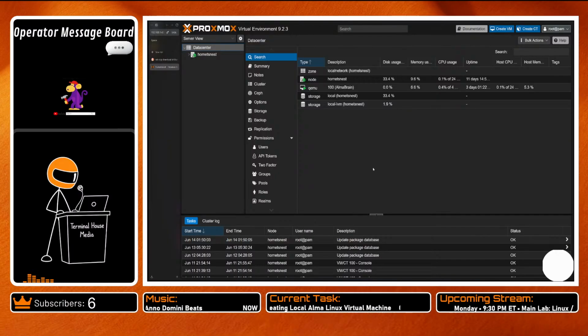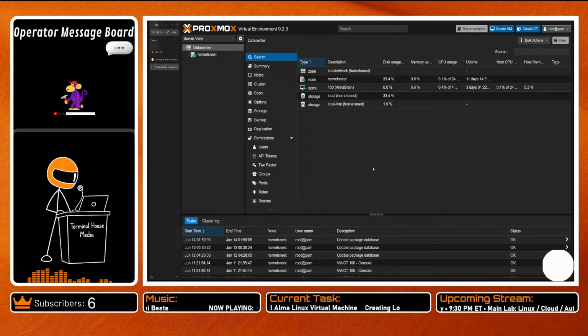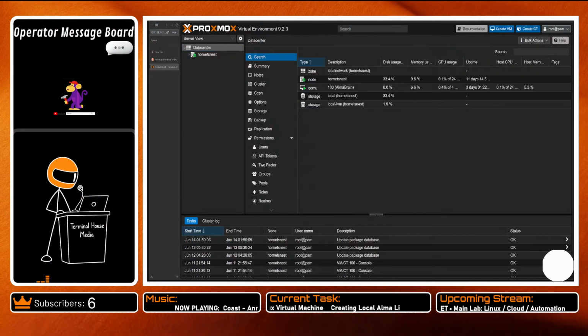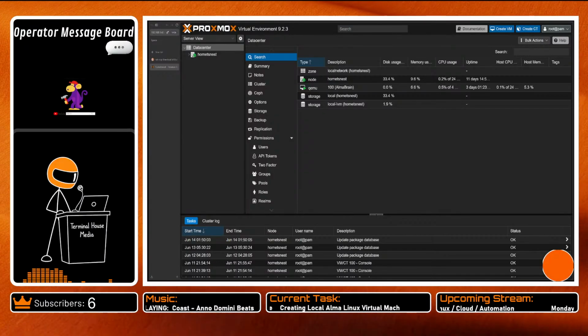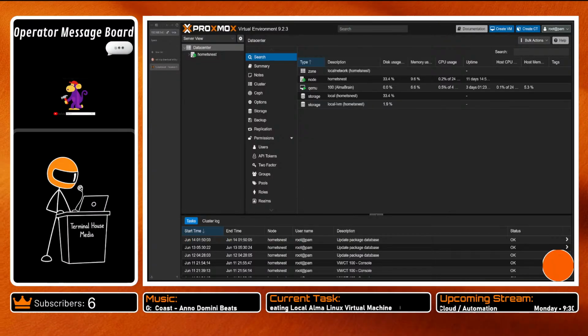So we've got in the bottom right corner of our main screen a white circle, and when I move on to a different task, you'll see an orange circle. There we go. Like I said, this is going to be a little raw, but we're figuring it out. All right, so